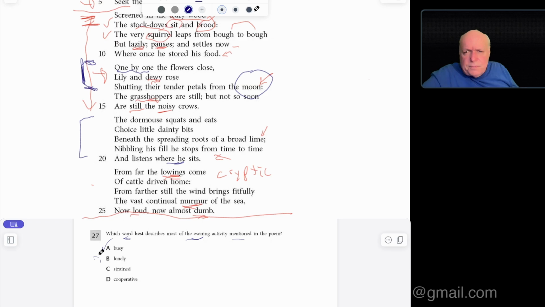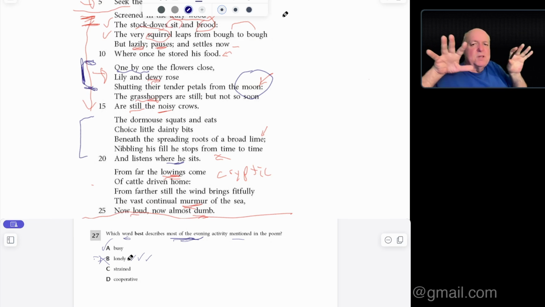Lonely. That's probably pushing it. It's just exploring each animal and each thing, the wind, the flowers, the moonlight, whatever the case may be. So that doesn't seem to be where they're going. Which word best describes most of the evening? All right, and it seems to be if there's enough animals and things going on to distribute that lonely is not it, and the way lonely is contradicting the busyness of A, not particularly directly, but there's an indirect thing there that they're opposite answers. Okay,